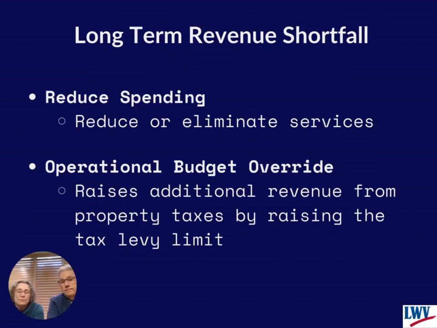Sometimes towns have a revenue gap that's ongoing. More money is needed to fund education and town services for the foreseeable future. In that case, the town has two options. The town can reduce spending, or the town can do another type of override that is a permanent increase to